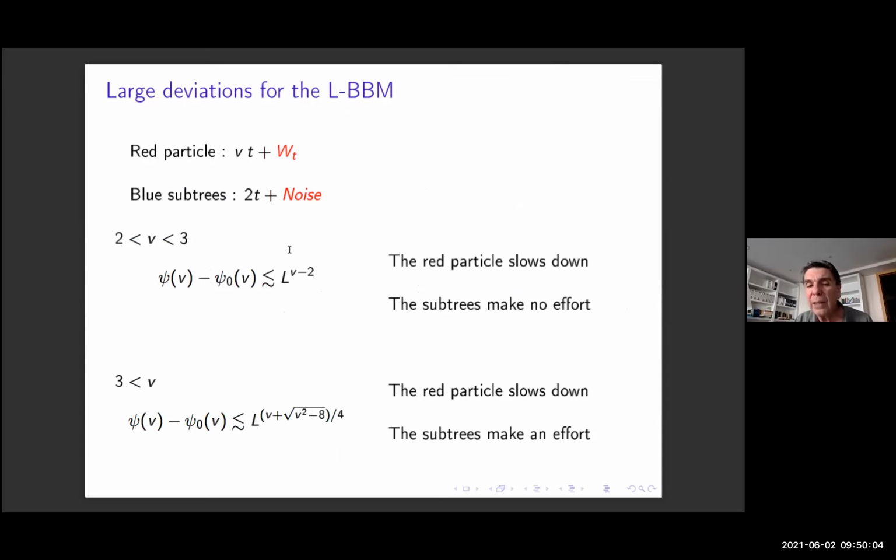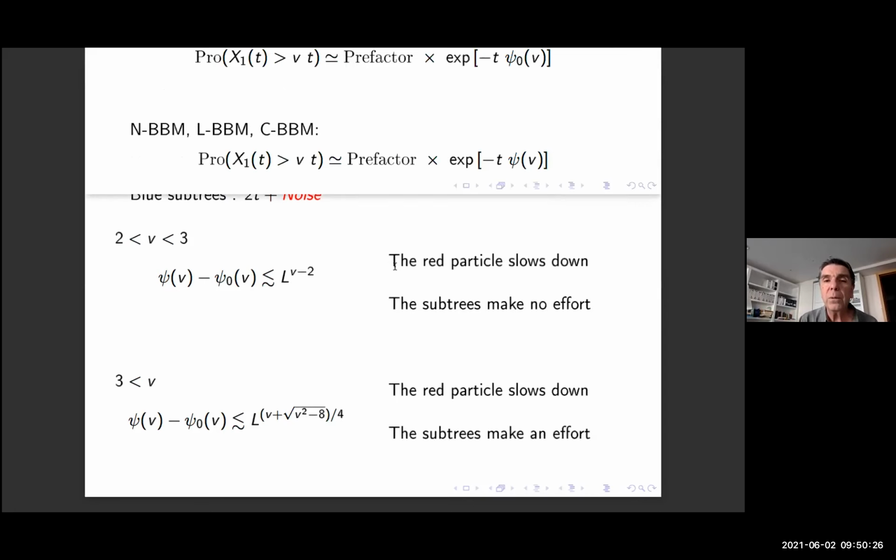It's rather strange that the two exponents are different when you vary V, but this phenomenon, we find it in all these three cases, that is the NBBM, the coalescing random walk, and the NBBM. There are always two regimes. And one regime is just that how is it possible that the